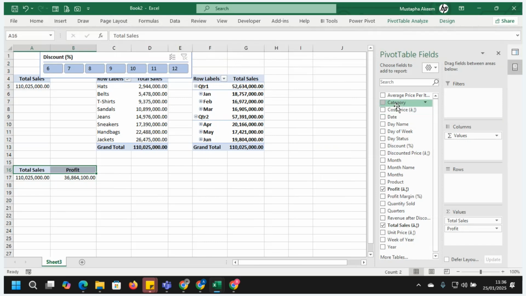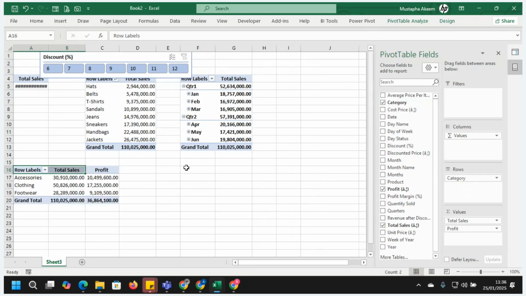Can we compare them along the category line? Let's see along the category line. How many categories do we have? We have 3 categories. So from here, from total sales here, 30 million, we made a profit of, even though we have a small sales here, we have a 10 million profit. Okay, can we create another column here?